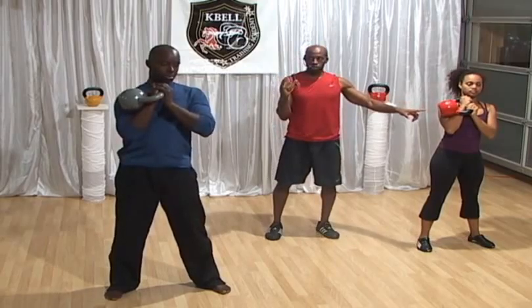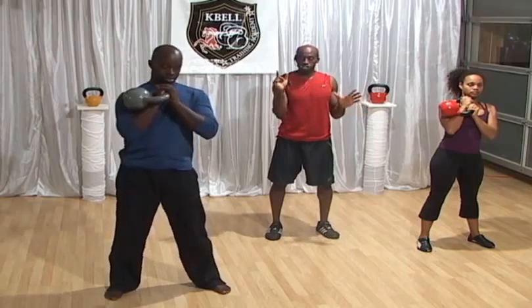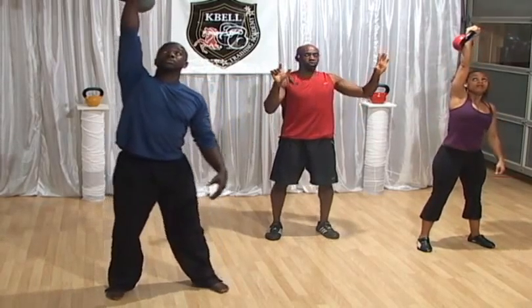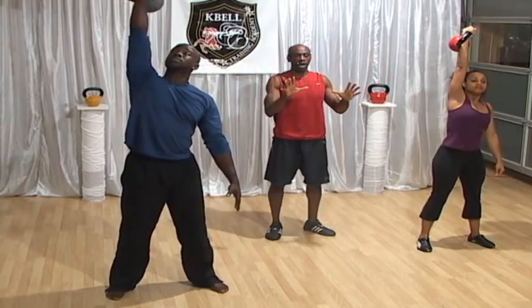Candace is going to show you guys how to do it with two hands. David's going to show you how to do it with one. You're going to explode and punch it up. Ready? Go. Good. Hips are up. Now we're locked out. Now from this position, to find the best path, to develop a consistent path of movement,